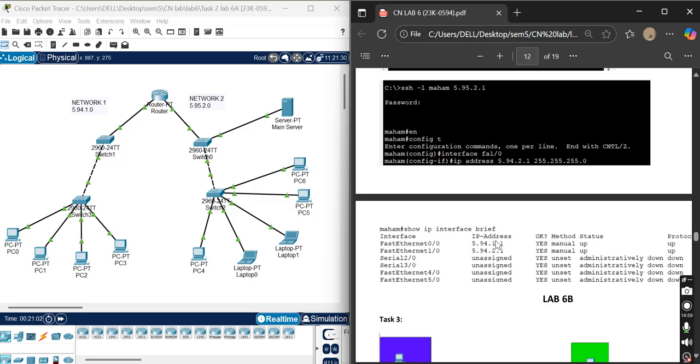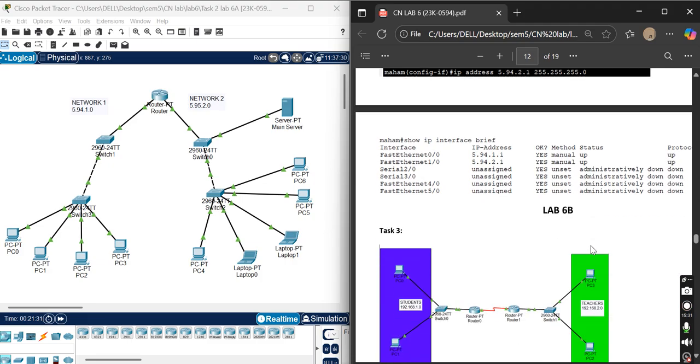And after setting up the new IP address, that is of my roll number 5.94.2.1, I entered the command show IP interface brief, that shows us which interfaces like Ethernet FA0/1 and 0/0 are connected. It shows us the connections that we have set up. So it showed me that the IP address has been successfully assigned. And now coming on to task number 3.